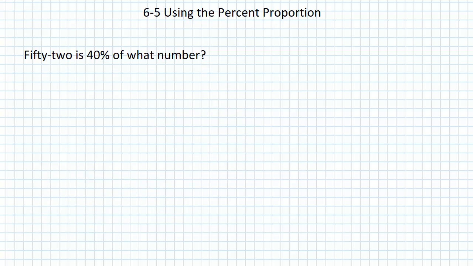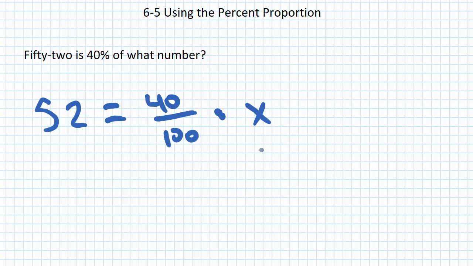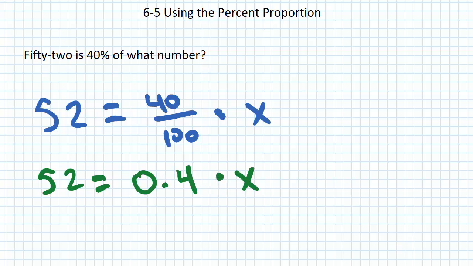Okay, so again, I'm just going to go back and translate. 52 is 40% of what number? All right, well, what I can do is I can do this calculation right here, and I can just turn this percent into a decimal. So I could say 52 is 40% as a decimal is 0.4 times x. So this might be a little bit easier because you can eliminate one step, because I already did this division and turned it into a decimal. So now if I'm multiplying x by 0.4, I can divide by 0.4,